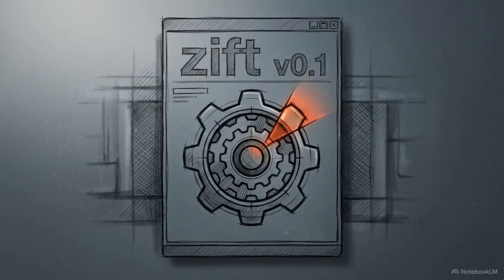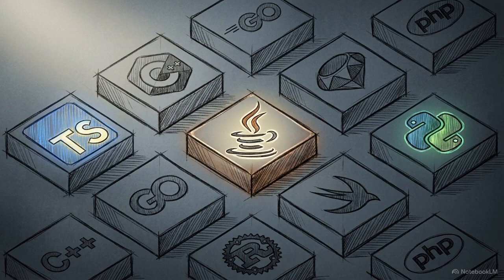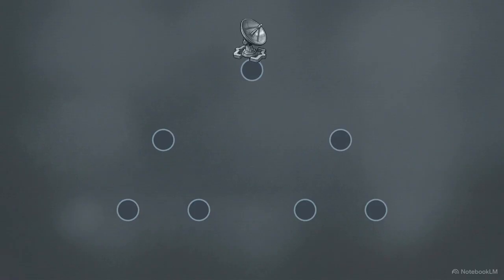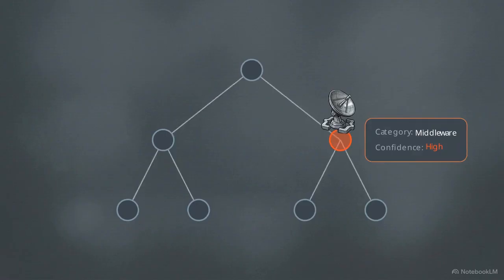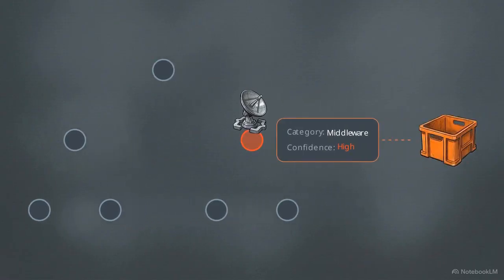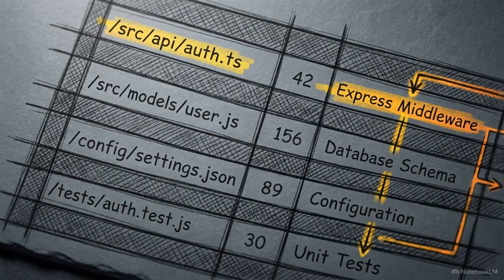This discovery problem is why EnforceAuth built Zift. It is an open-source, Rust-based command line tool. To handle heterogeneous enterprise environments, the scanner currently supports 9 different programming languages, including Java, TypeScript, and Python. Zift does not rely on simple text searches. Instead, it parses code into an abstract syntax tree. The engine runs targeted pattern rules against this tree, tagging exact nodes with specific categories and confidence levels. Running the scan command outputs a detailed ledger of findings, pinpointing the file path and line number.